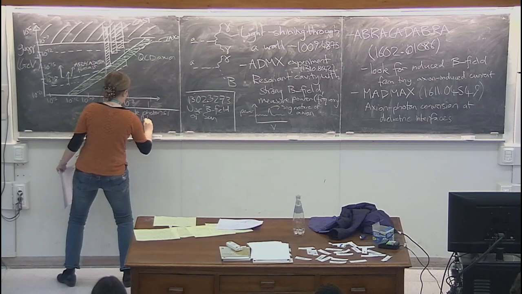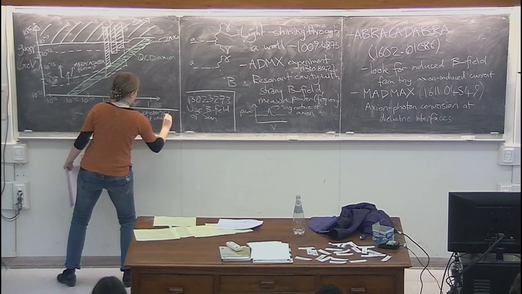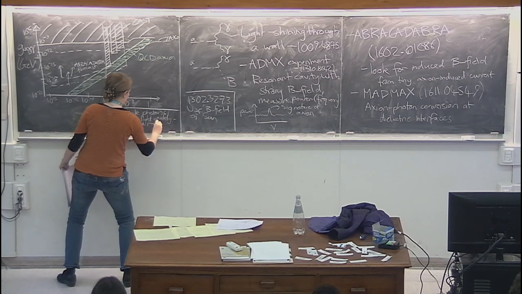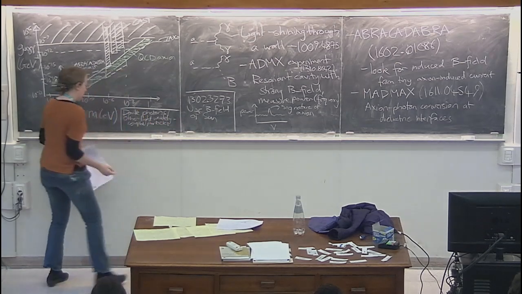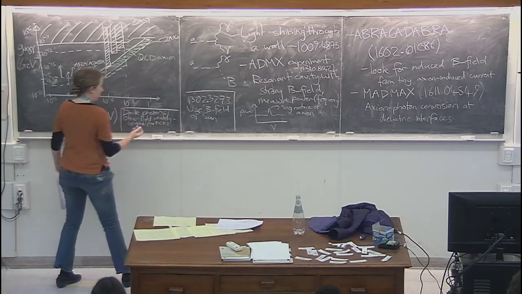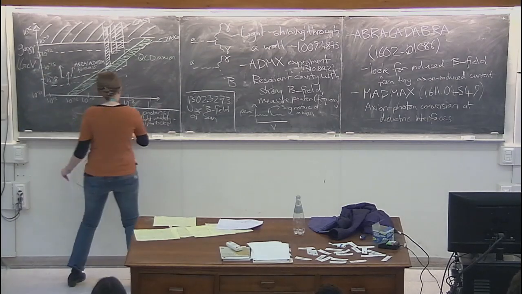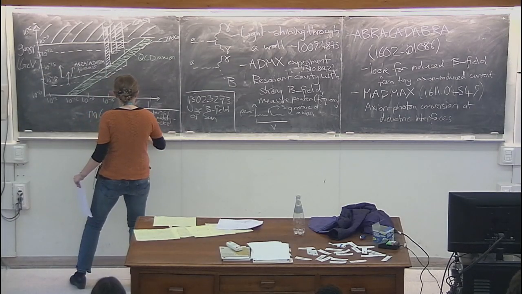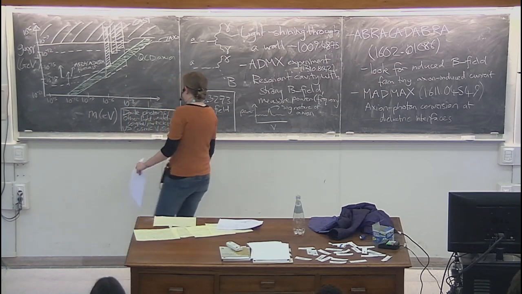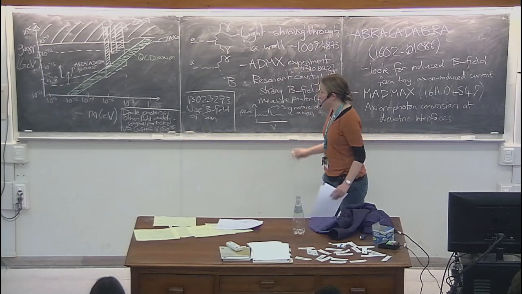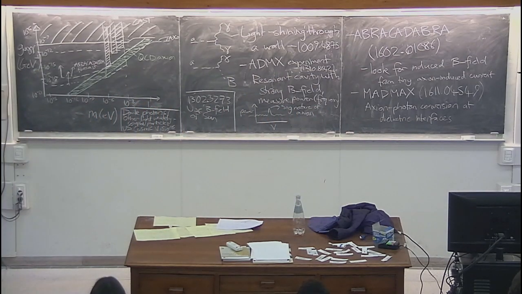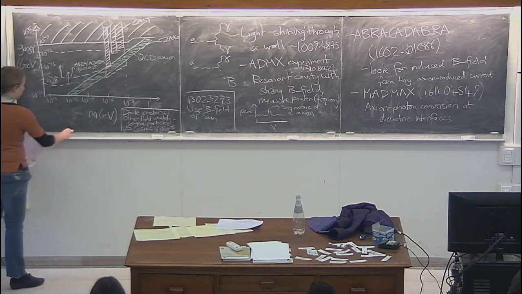I won't go into much detail on this, but there's a recent report from the US called the US Cosmic Visions. This is self-interested, I am a co-author. But if you just Google US Cosmic Visions, you will find the report. It has a lot of information on ideas for ways to search for axion-like dark matter, and also to search for light particles that have some small couplings with the standard model.